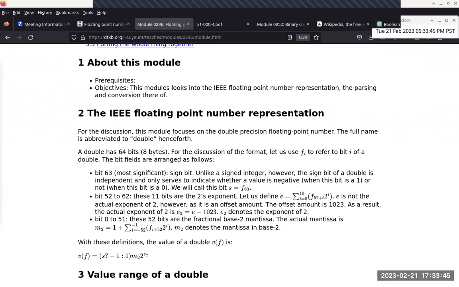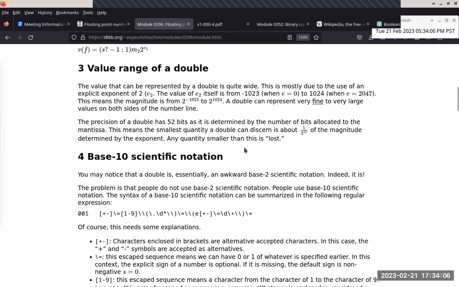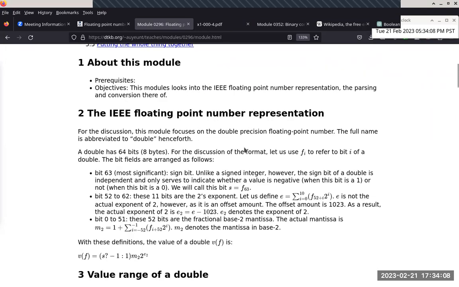So what we're going to do today is to talk about floating point number representation. So the thing is, it's not really that hard. For the most part, floating point number representation is already well explained in a Wikipedia page. And I am struggling to find the Wikipedia page because for some reason, oh, well, okay. So I can just go ahead and explain it. I can go to the Wikipedia page, but we'll just go ahead and do this, just purely based on the